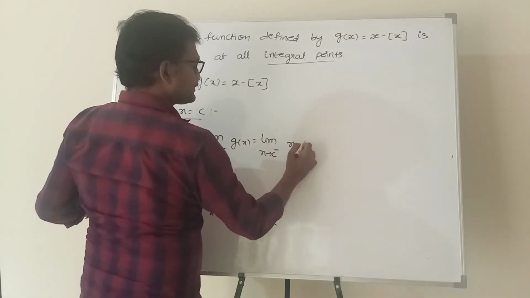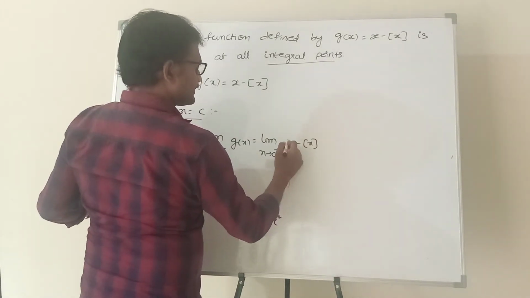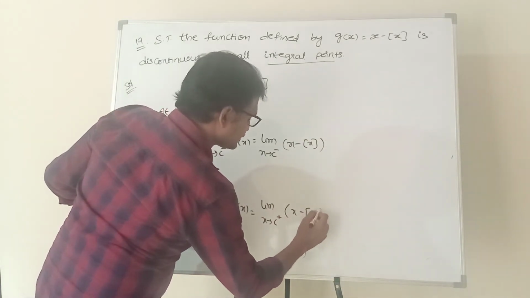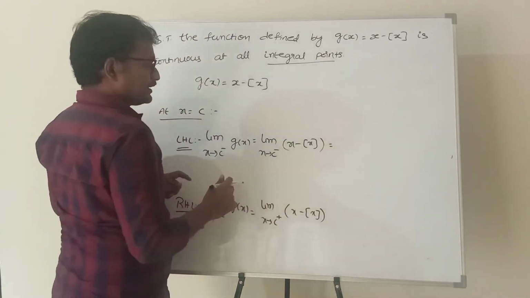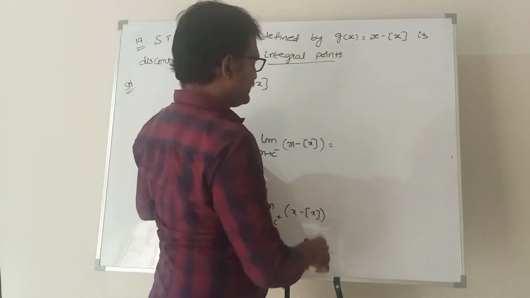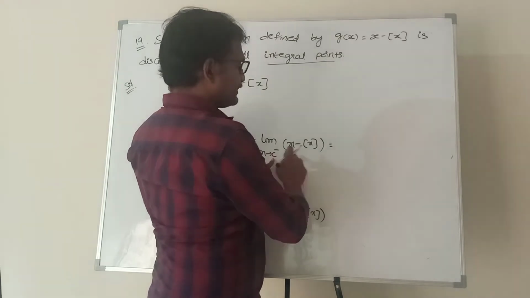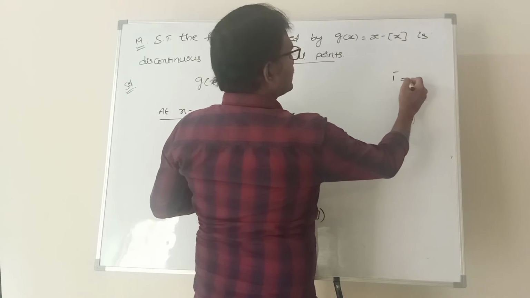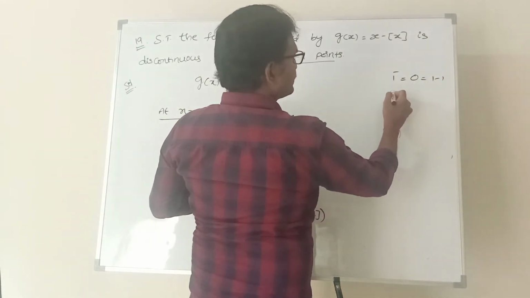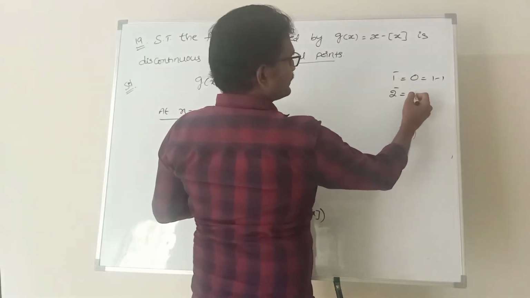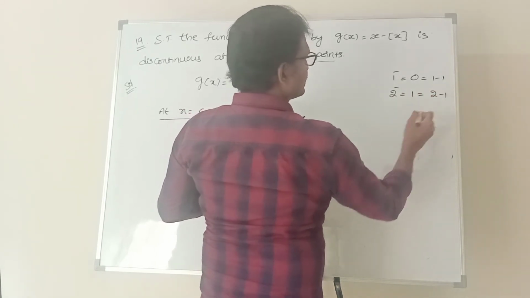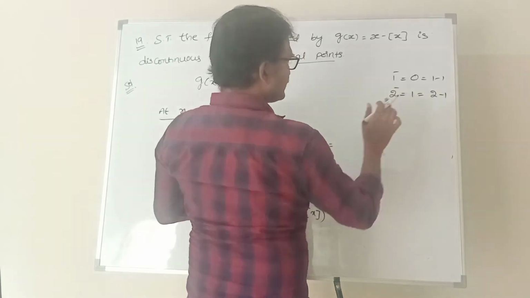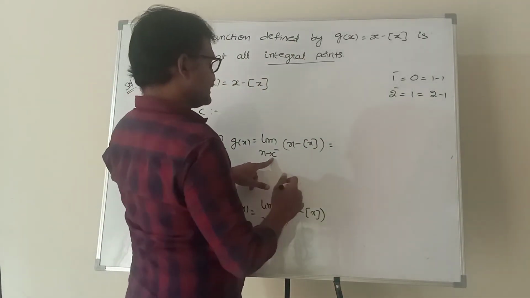What is the given function? x minus step x. Here the function is the same, x minus step x. Next, in the previous example when I explained the 1 minus value, how much did we get? 1 minus 1, 0 we got. 0 means 1 minus 1 we wrote. Similarly, when you took 2 minus, how much did we get? 1, that is 2 minus 1. Similarly, if I take 3 minus, I will get 3 minus 1. If I take 4 minus, 4 minus 1. Here we are taking c minus.